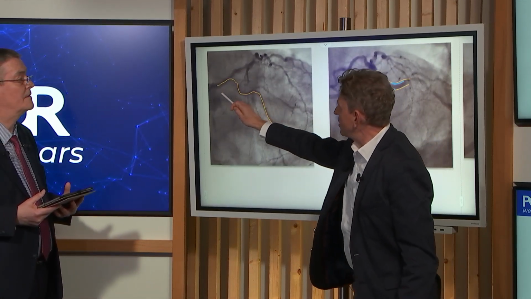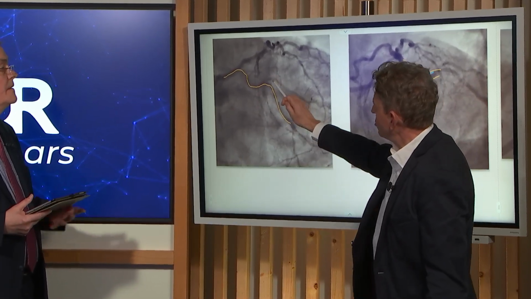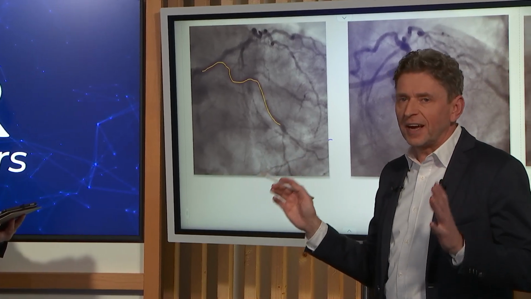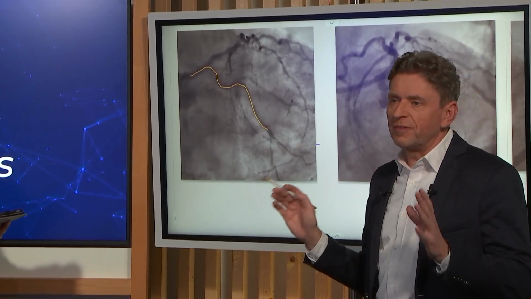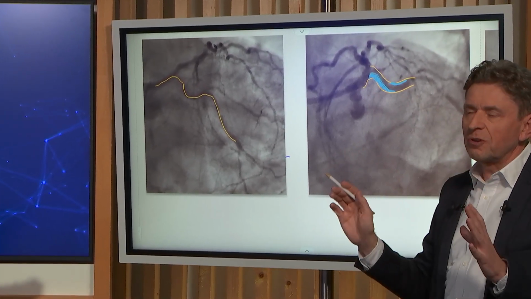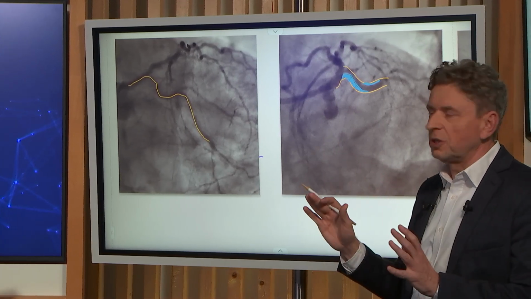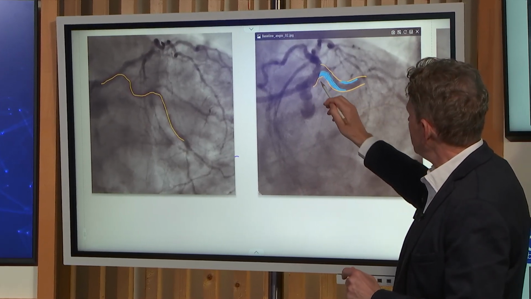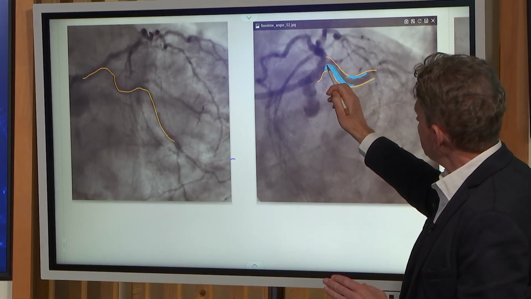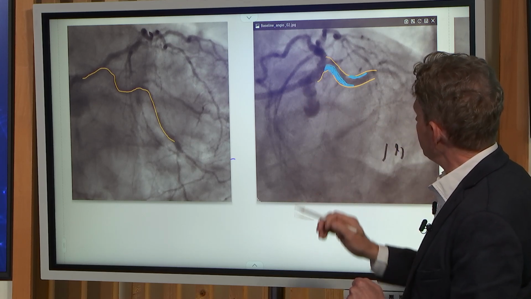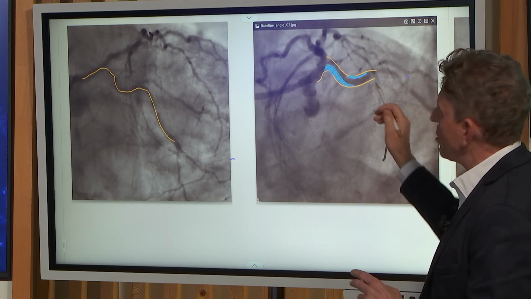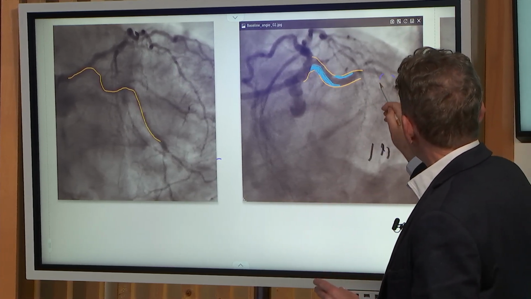You saw already this, so you can appreciate first that there is a very complex tortuosity going from the left main to the circumflex, and the vessel is very heavily calcified. It can be very easily seen on the angiography. The other thing is, even on angiography, you can tell what is the distribution of the plaque, and you see that most of the plaque is at the very ostium of the circ, touching the left main. There is no significant disease on angiography in the left main. Also, the LAD looks okay. But on top of this, everywhere is lots of calcium, and the second lesion here